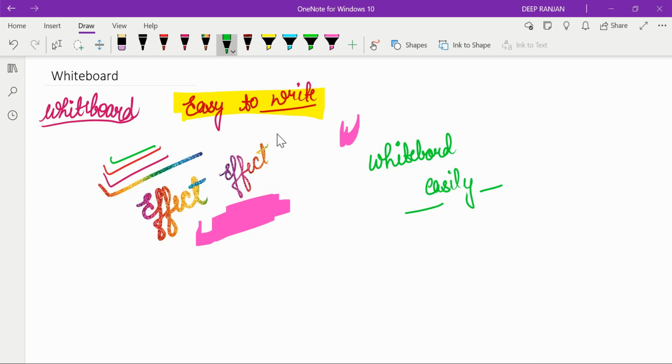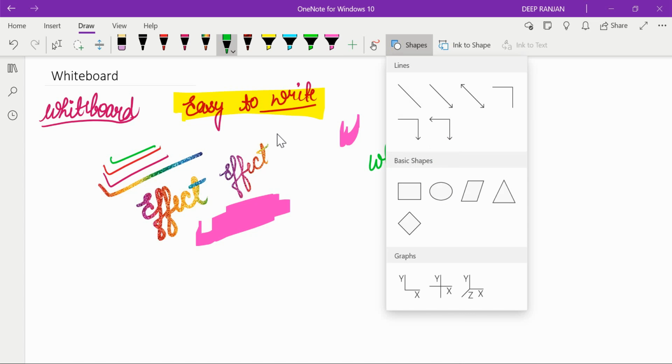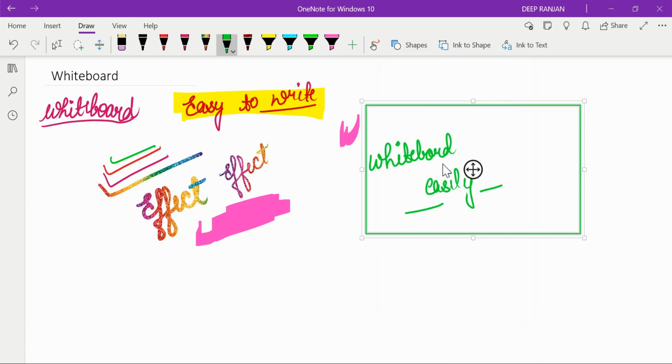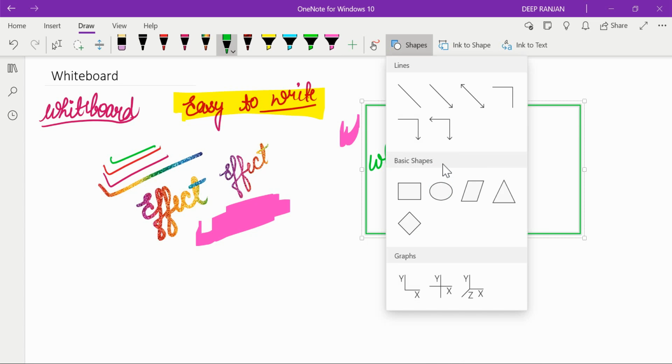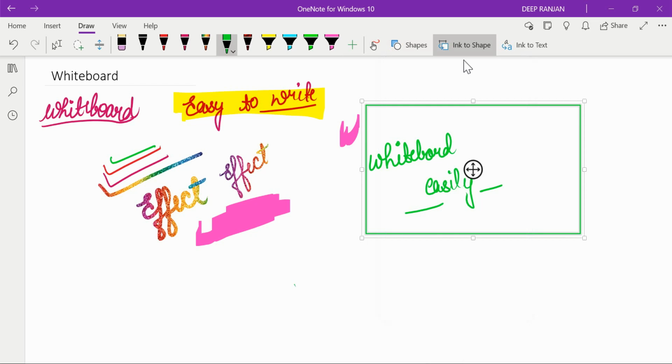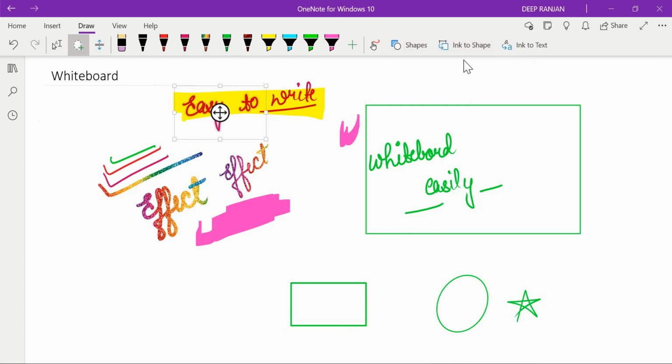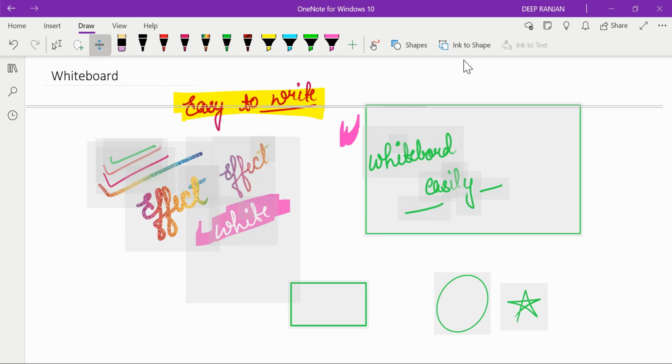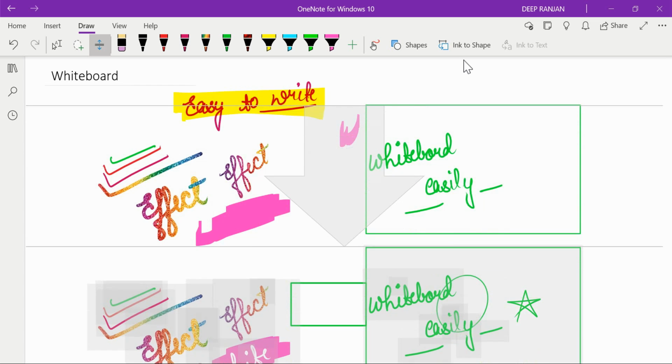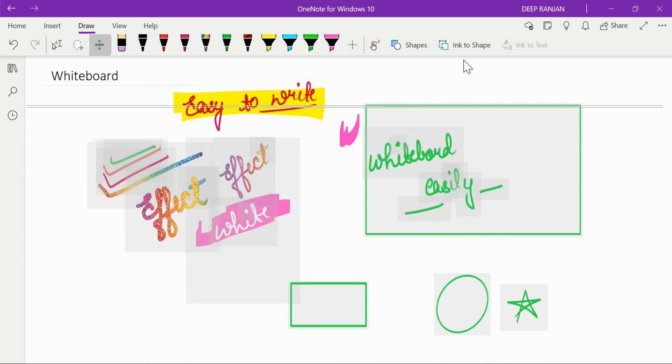Okay, it's good now. Now this option is for shapes. If you want to insert shapes, you can insert. If you want to insert angles or graphs, which you need to teach math, you can do that in shapes also sometimes. And if you want to erase, you can erase it always. And if you want to lasso select, it is also available here. This is the space. If you want to insert a space in a notebook, you can go to that, and this will insert a space in it.